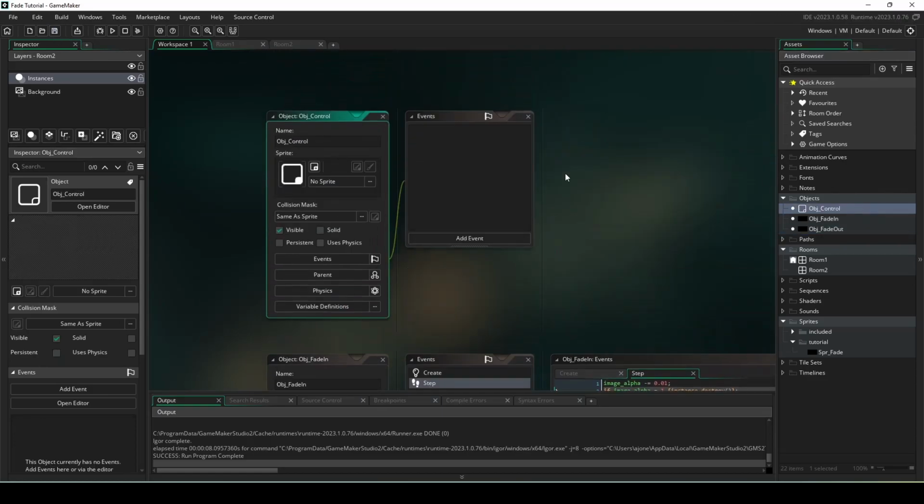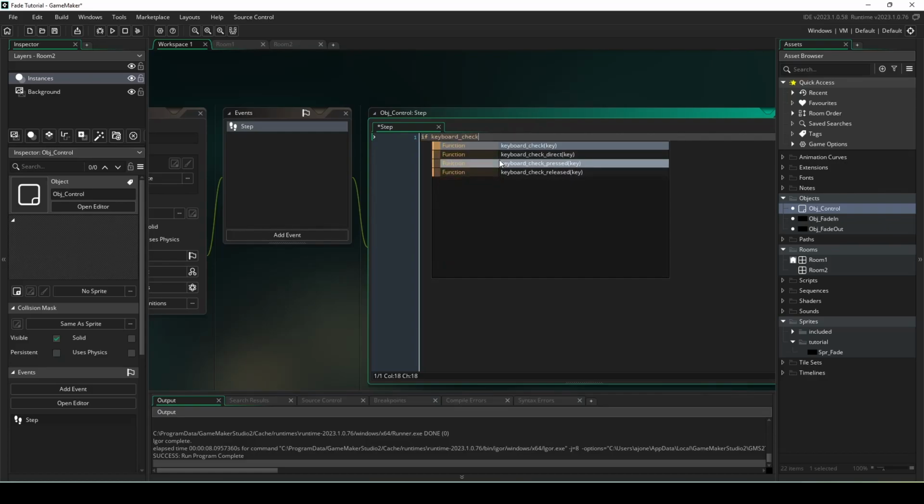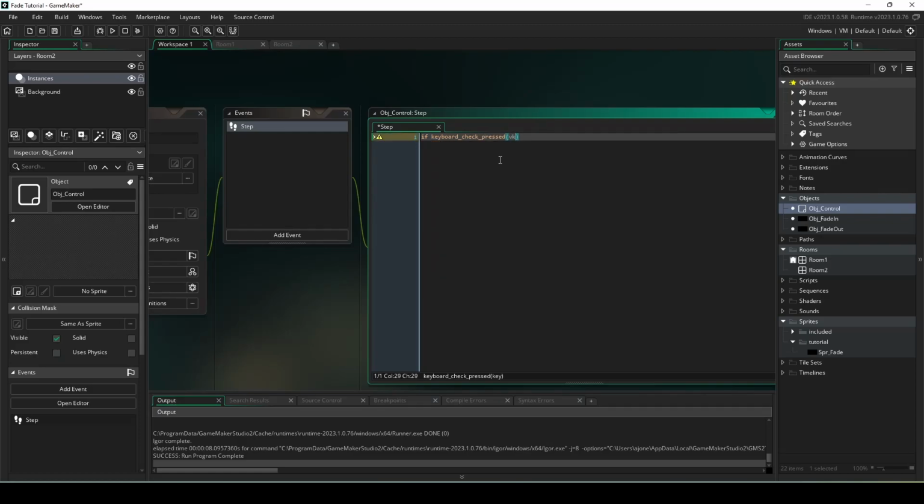So we're going to go to our control object, and go to step. What I want to do is make it so that if I press space, then it fades out and into a new room. You don't have to do this part, but this will just help you put in the fade. So if keyboard_check_pressed, and I'm just going to put vk_space, so if I press space, in curly brackets,